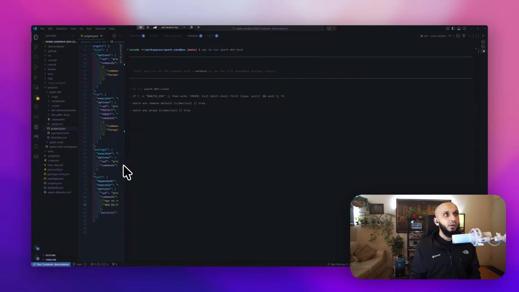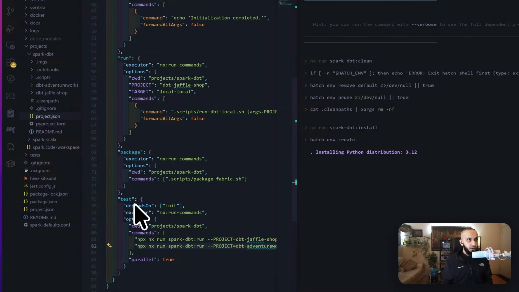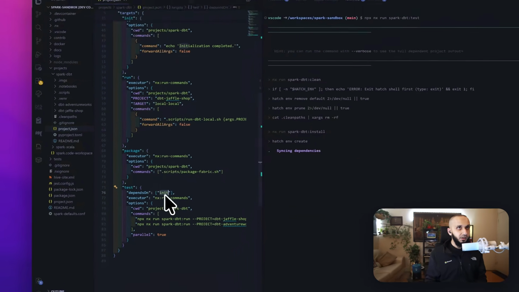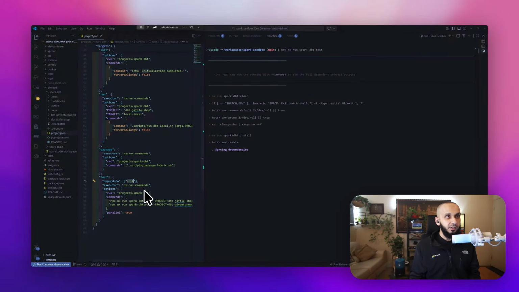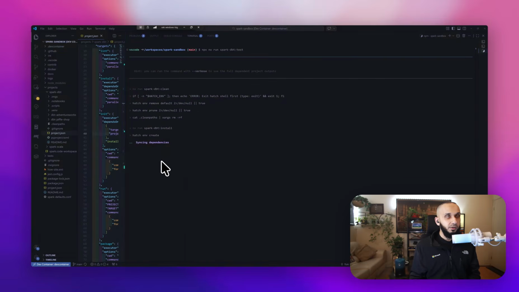There we go. So this is not relevant, but the way this test works is we need to do the initialization of the Hatch environment, and then once that's done, we need to mount the OneLake tables. And once the OneLake mounting is done, we're going to go ahead and run dbt. So I'm just going to pause, and as this progresses to the logical stages, I'll unpause to walk through what's going on. This is probably going to take about 5 to 10 minutes in order to create the venv, mount OneLake,